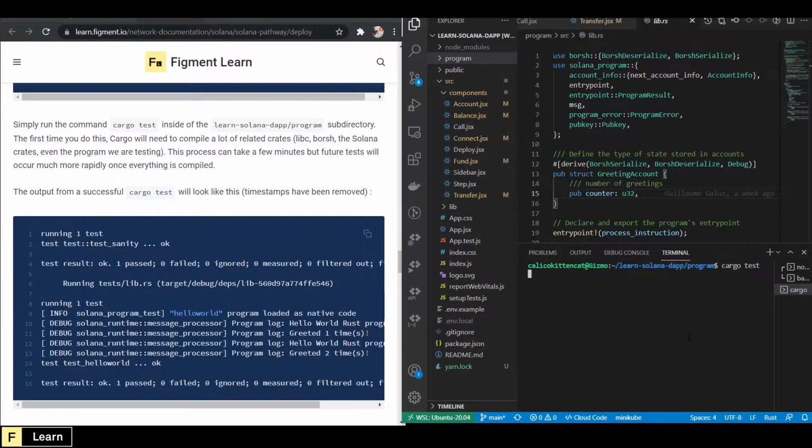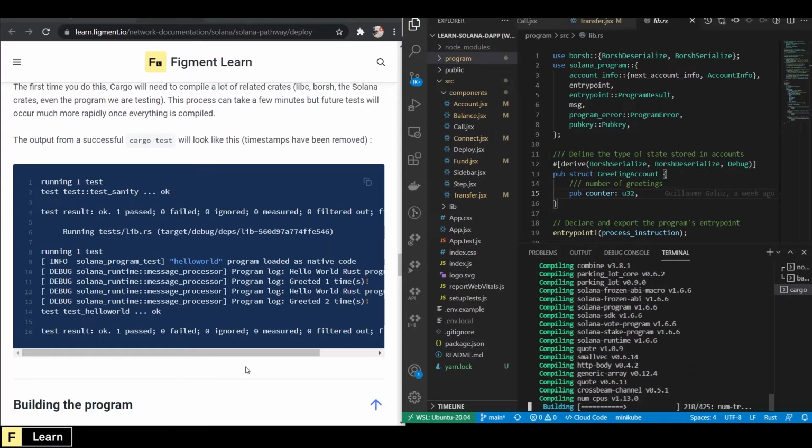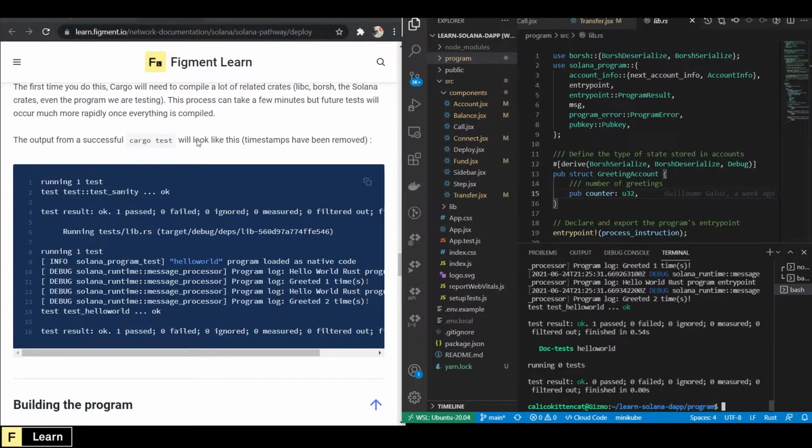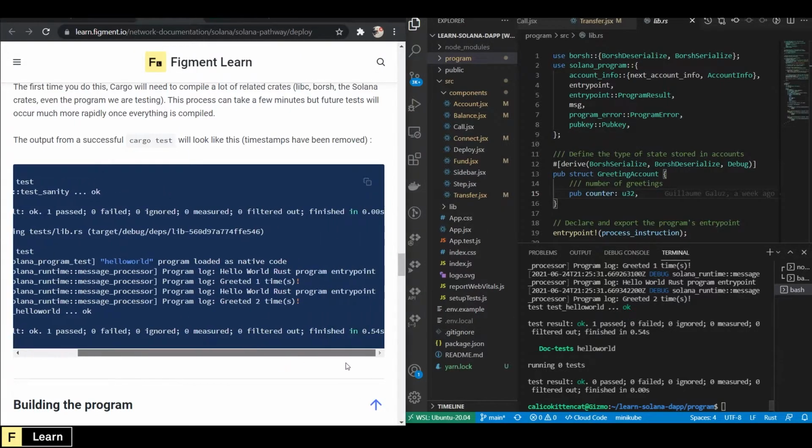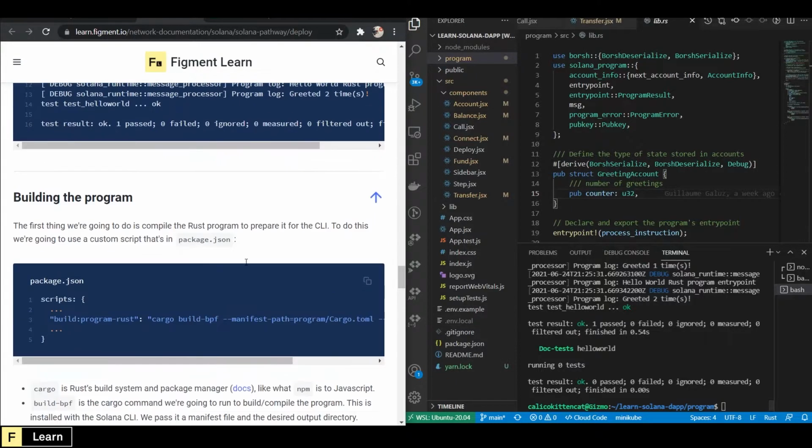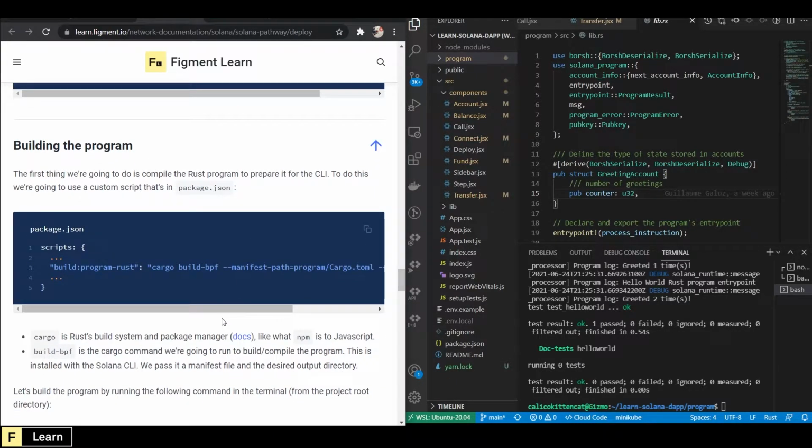cargo test. Here's the output we are looking for. Test result: ok. 1 passed, 0 failed, 0 ignored, 0 measured, 0 filtered out. Look at that, and that's what we want. Awesome. Build the program. The first thing we're going to do is compile the Rust program to prepare it for